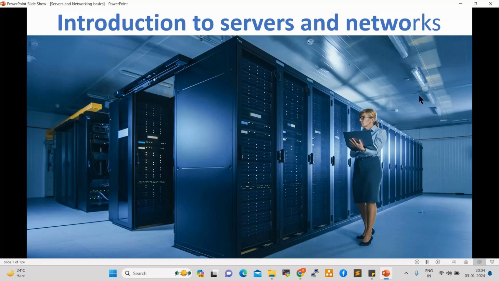So today and tomorrow we are going to work on servers and networks. Terminology is very important. Before going to cloud, before going to AWS, first we need to understand servers and networks basics. What is a server? What is a network? What is a switch, a router, a gateway, a load balancer? IP address, subnet mask, gateways. These are all very important, because in real-time projects this terminology is very important. That is why, before going to cloud, we need to understand this terminology.